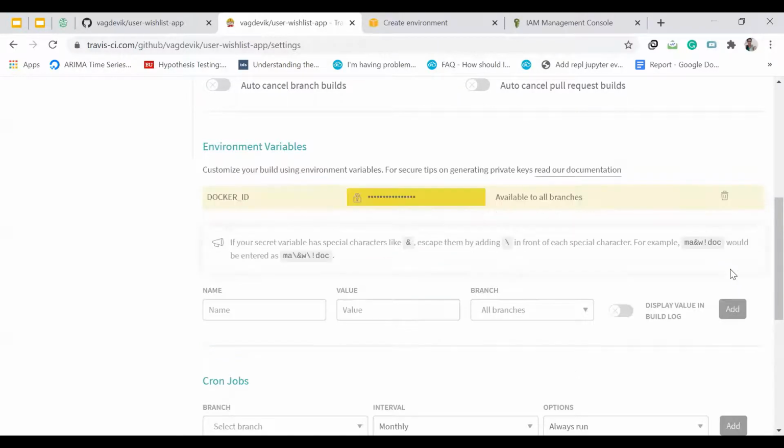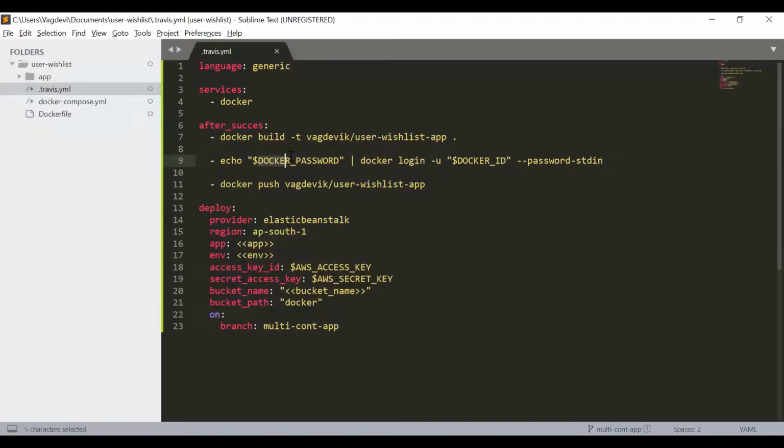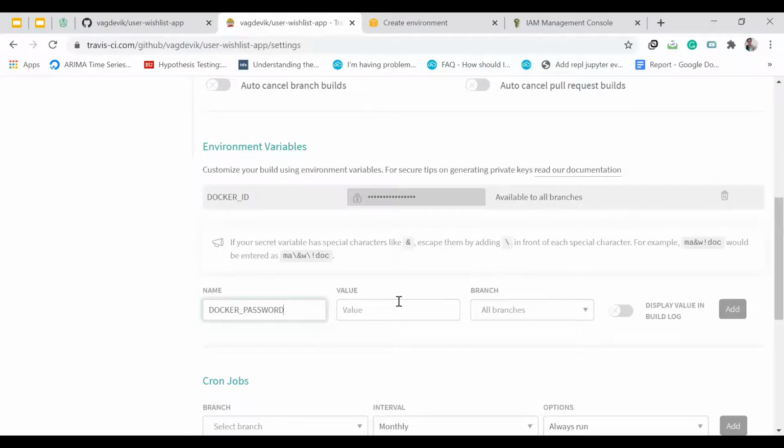Then add it. Similarly, password. Copy it. Paste it here. Give your password over there, and add it.